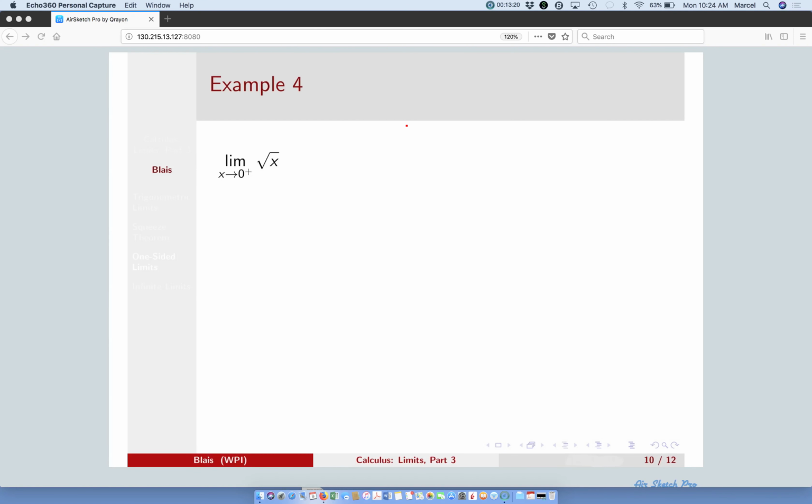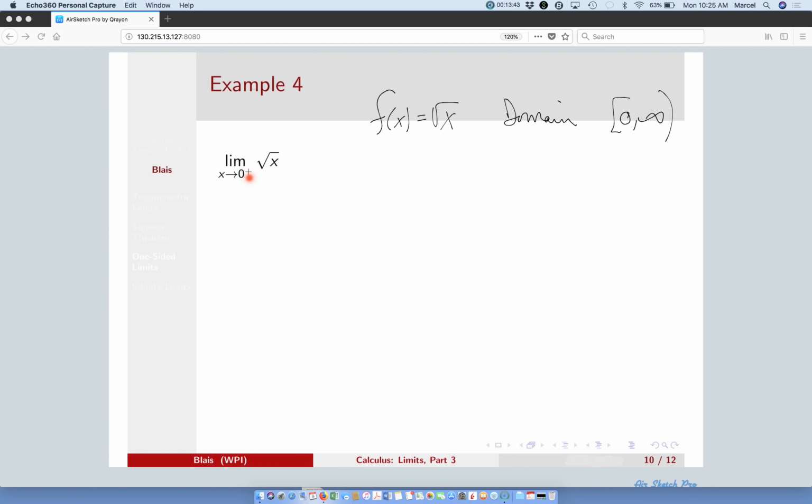Thinking about one-sided limits, we also have to think about domains. So thinking of this function, root x, its domain is the non-negative real numbers. Working in the real number system, we can't take square roots of negative numbers. So in this case,